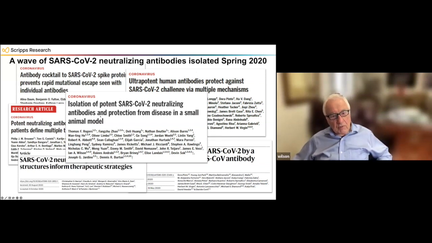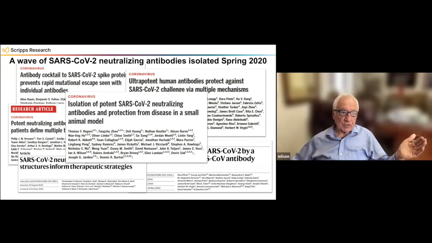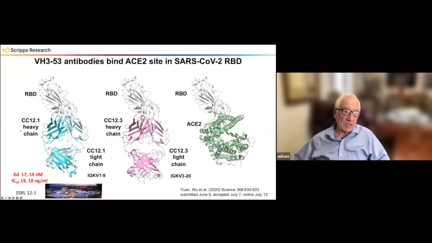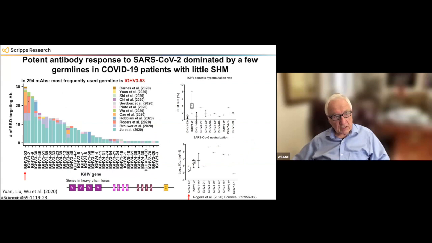So from having no SARS-2 neutralizing antibodies to a whole plethora of them, we could group those and look at them and see how the immune response was to this particular pathogen. And so here's all the different possible heavy chains that we could have from our repertoire in our immune system. We can see it was dominated by a few up here, and then this long tail, and some were never used at all.